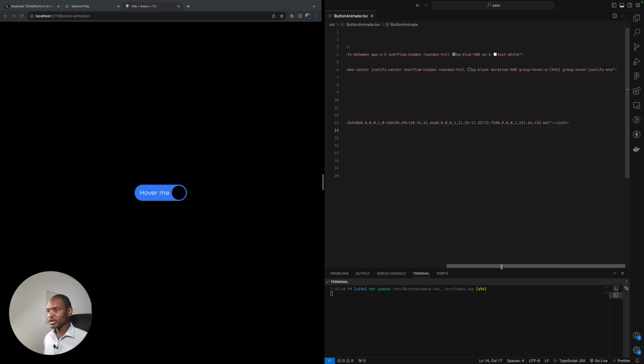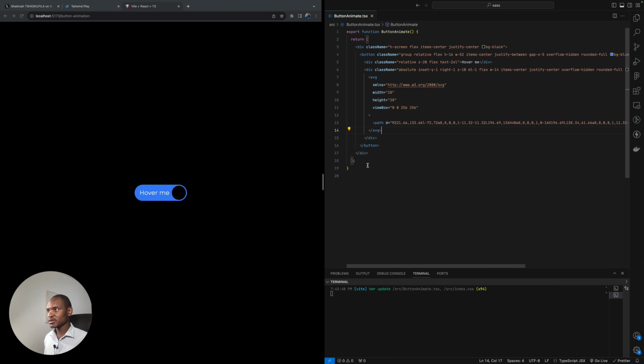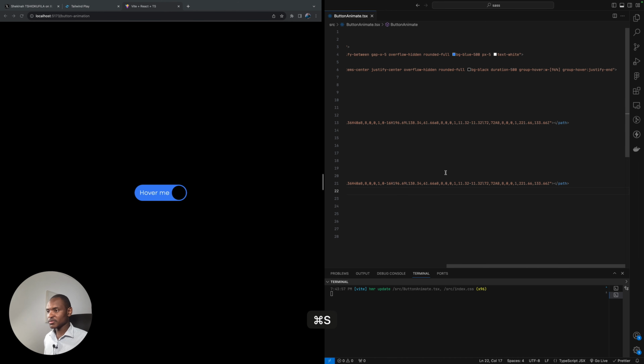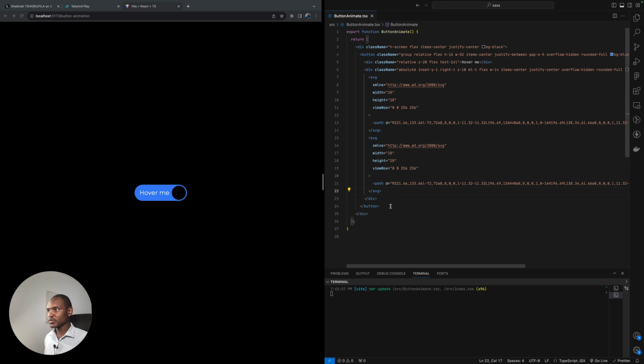I will explain why: I'm taking these two SVGs because I'm going to show those both SVGs in a few moments. I didn't give them any colors, which is the reason why we are not seeing them on the left part. Okay, and